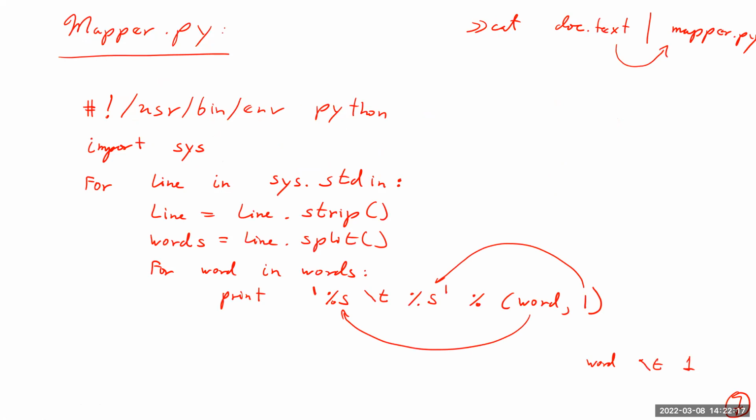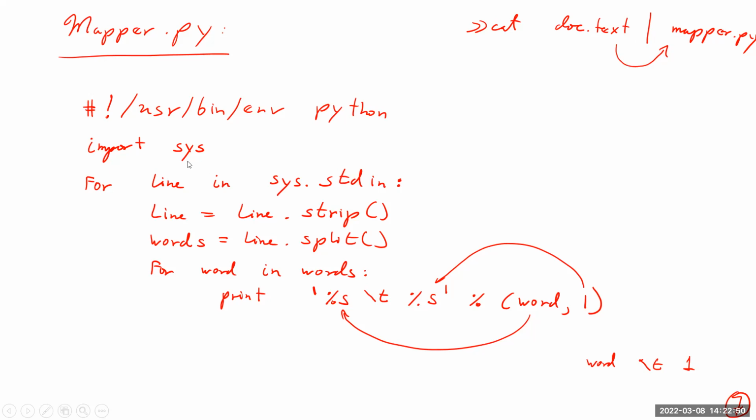So here is the mapper function more in a Python-y way. We can test it just by running cat and mapper initially. You don't have to do the whole pipeline. Here we're going to import sys, and sys is basically so that we can interact with whatever we're redirecting. If you notice here, the document is being piped into mapper, right? And so this document that's being piped into mapper,